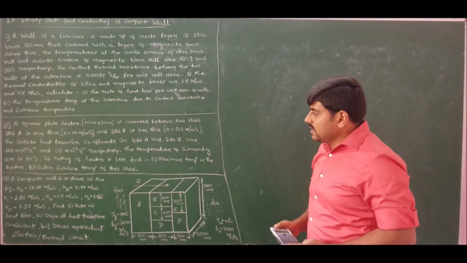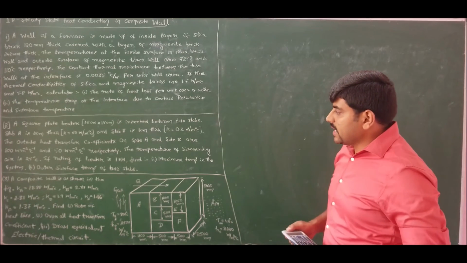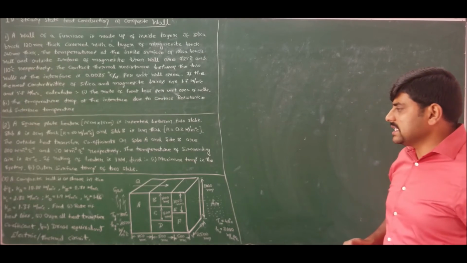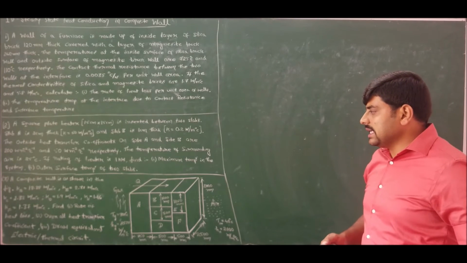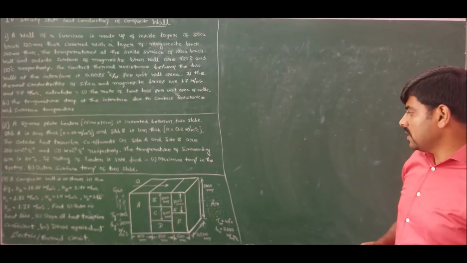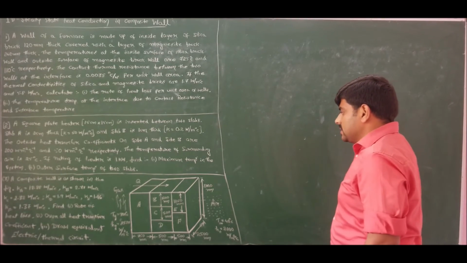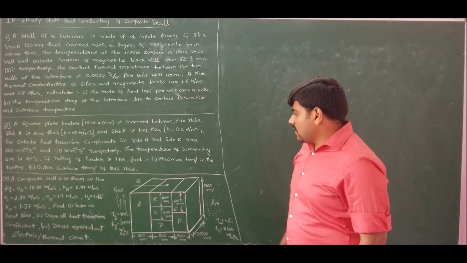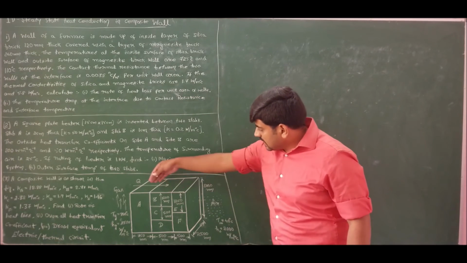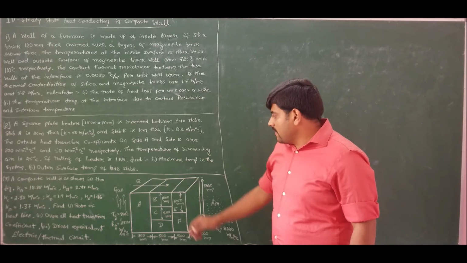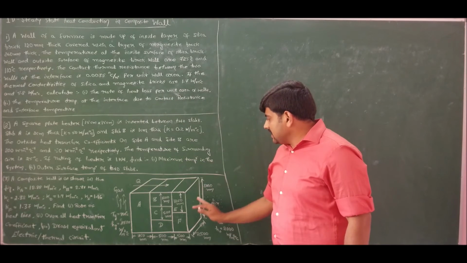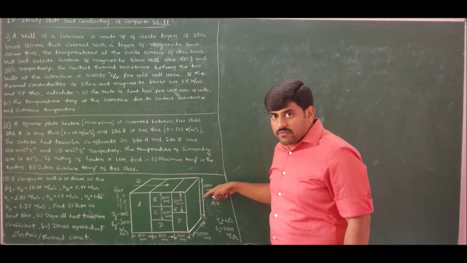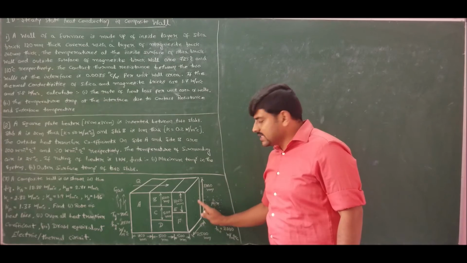Next, moving ahead, problem number 3 states that a composite wall is as shown in the figure. Find the rate of heat loss, the overall heat transfer coefficient, and draw the equivalent electrical thermal circuit. Now, he has given the sketch for us in a 3-dimensional view, from which I can extract the area of this wall perpendicular to the direction of heat flow for conduction, and the surface area will remain the same at the end surfaces because the area perpendicular to the direction of heat flow and the surface area in contact with the fluids are the same for us here.